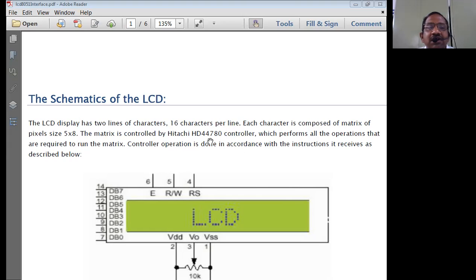The Hitachi HD44780 controller can be used to control this LCD display, and it performs all the operations that are required to run the matrix. The control operations are done in accordance with the instructions it receives from the 8051 microcontroller, as described below.